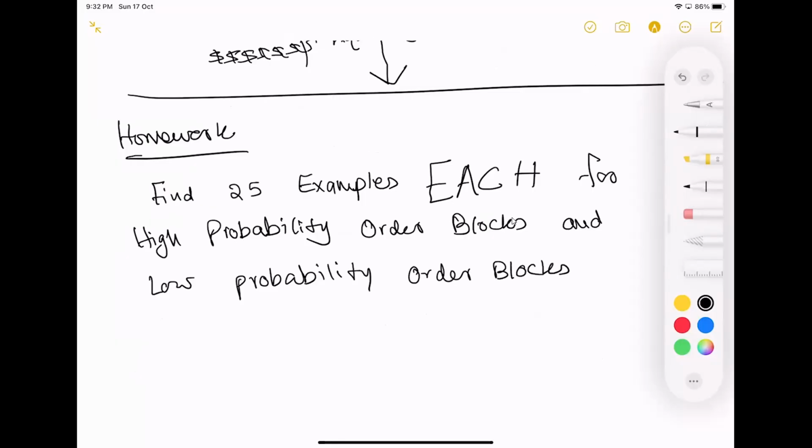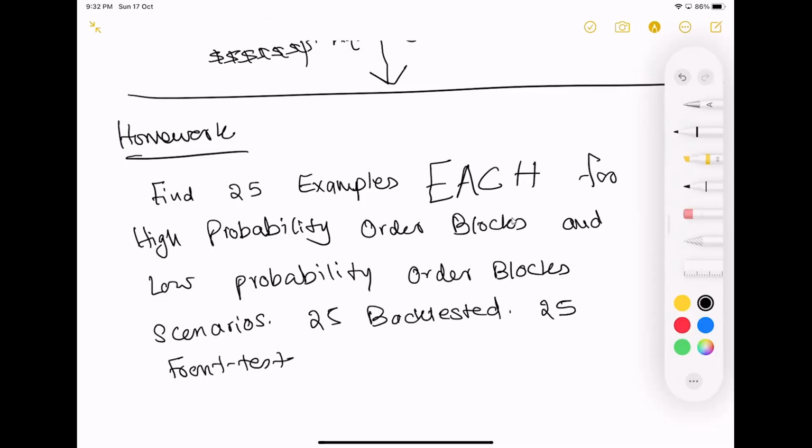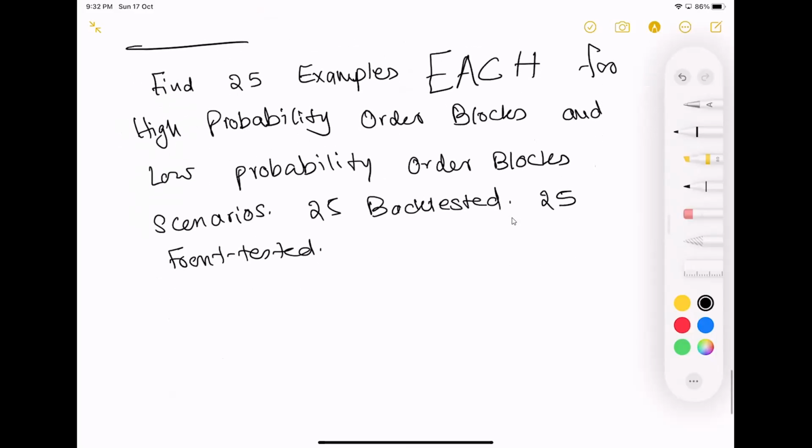All block scenarios. Okay, 25 backtested, 25 front tested. That makes it